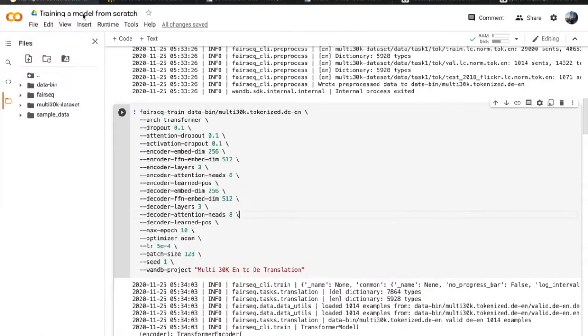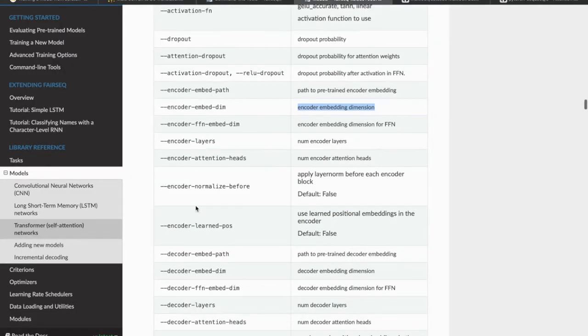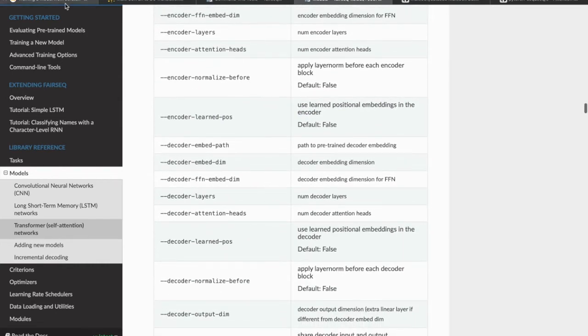That is, we do not fix it by default, we learn it during the training process. This is what this specifies. Encoder learned pos specifies using learned positional embeddings in the encoder, and similarly for the decoder.